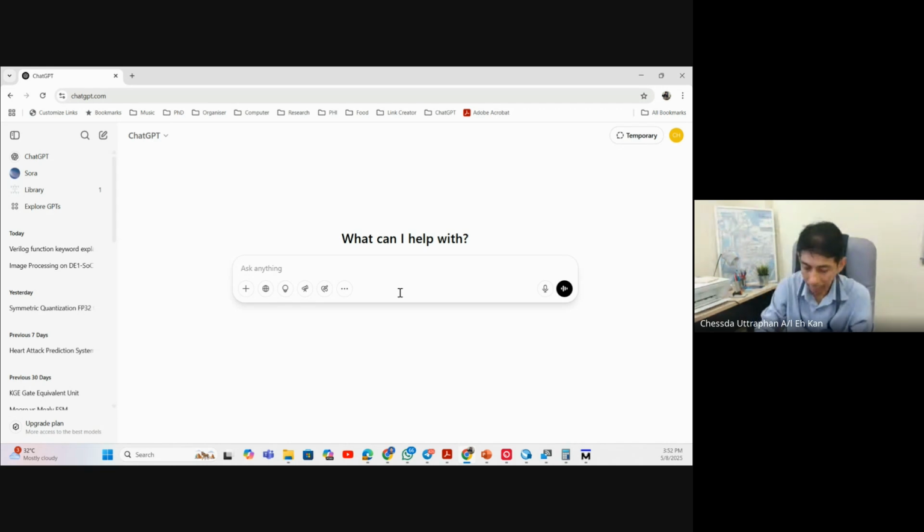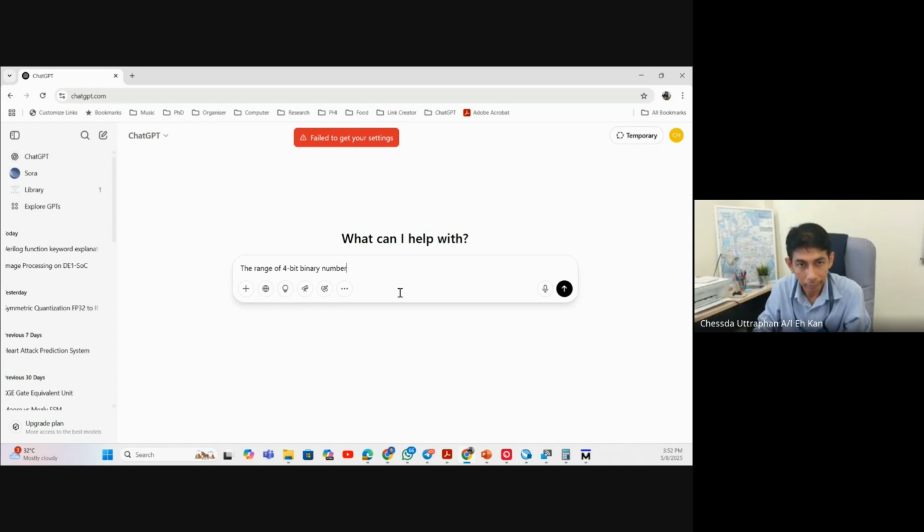The range of a binary number, a 4-bit binary number. What is that? The range of a 4-bit binary number